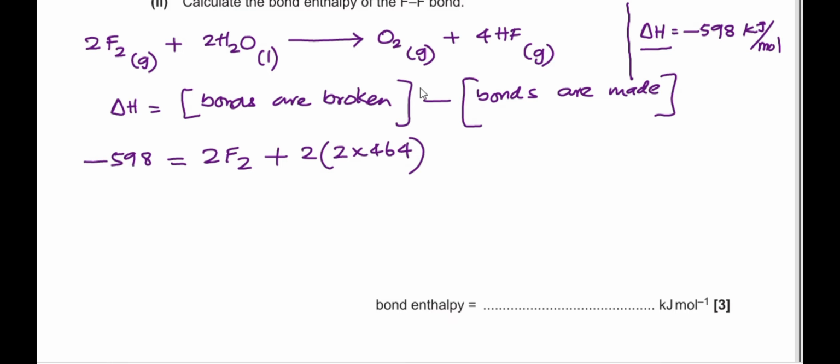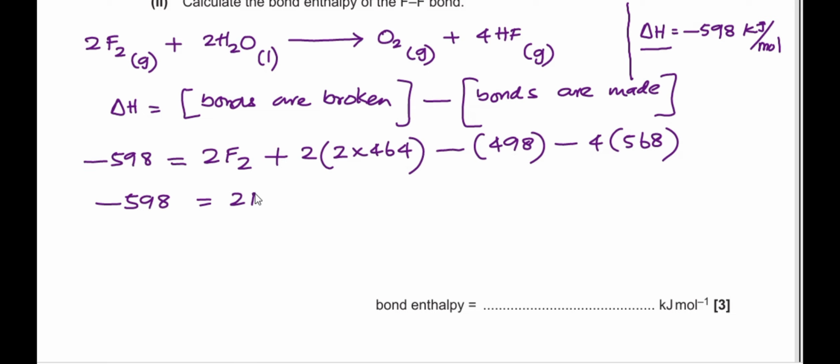That is now used to subtract the other one. Bonds are made. Oxygen, it is 498. Then minus 4 times hydrogen fluoride. Each one is 568. That simplifies to minus 598 is equal to 2F2 plus 4 times 464 is 1856 minus 498 minus 4 times 568 is, putting into the calculator,